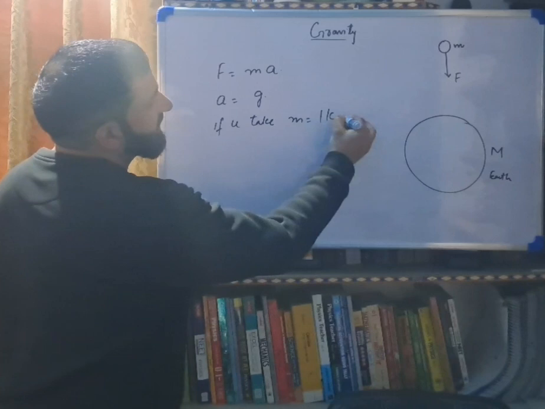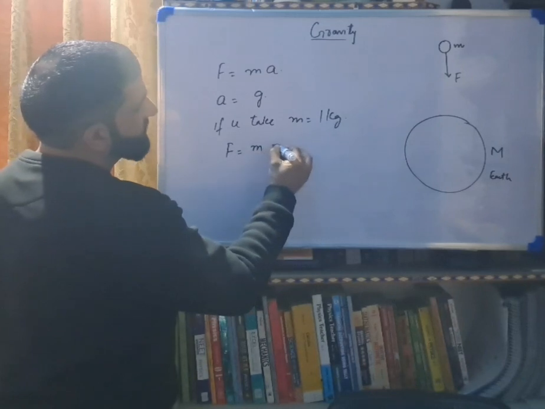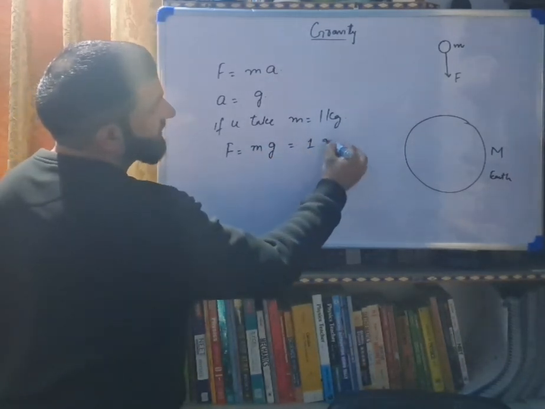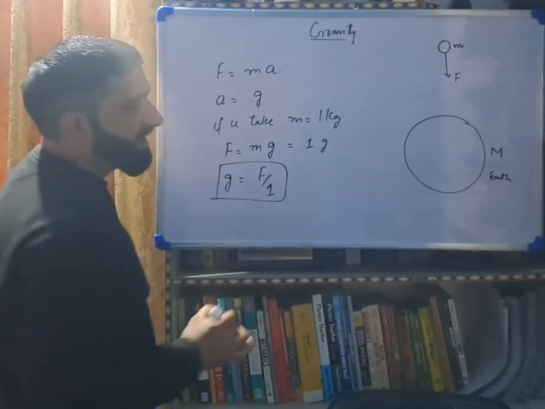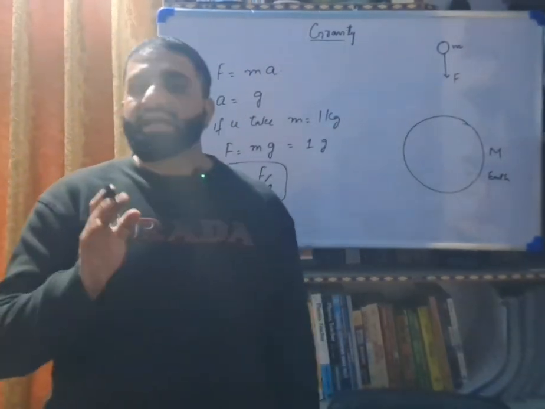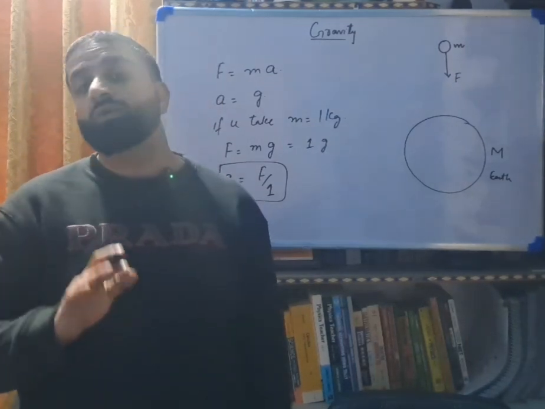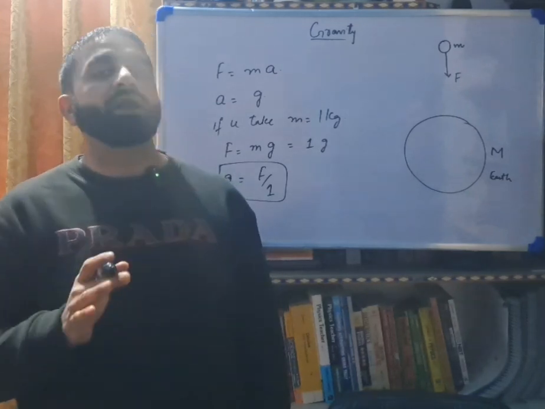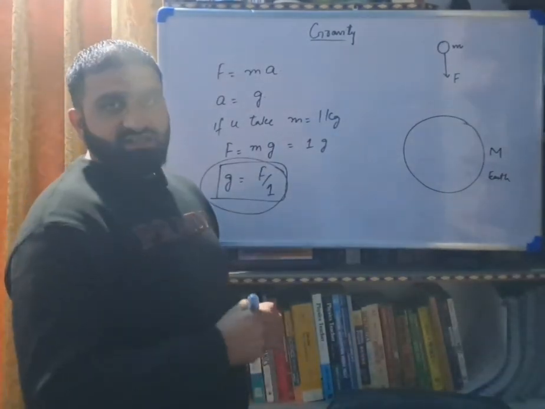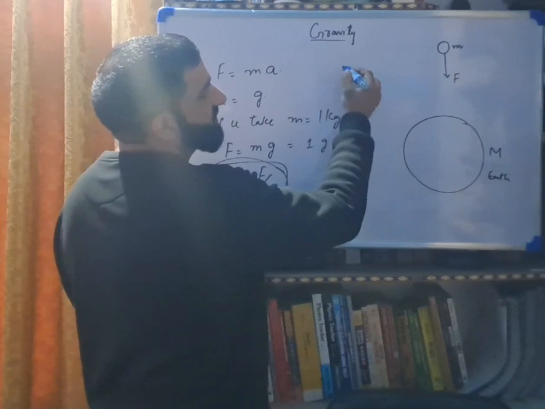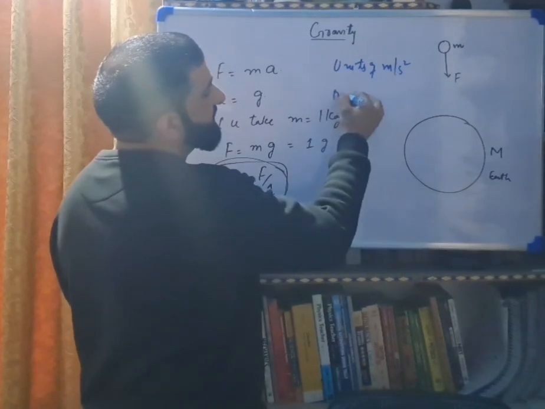If we take m equal to 1 kg, then F is equal to m times g, that is 1 times g. So g is equal to F divided by 1 kg. That means the gravitational acceleration is numerically equal to the force exerted on a unit mass. Unit mass is equal to 1 kg. As the acceleration due to gravity is an acceleration, it has units of meter per second square and dimensions of